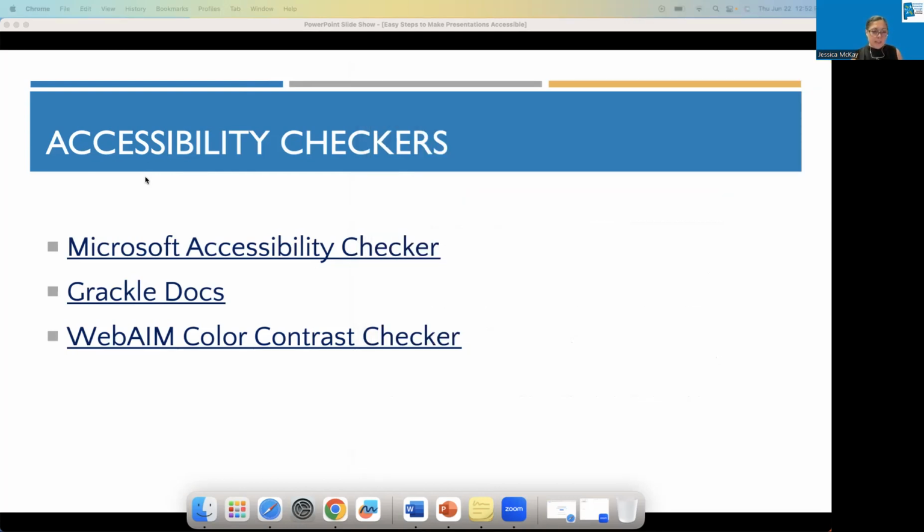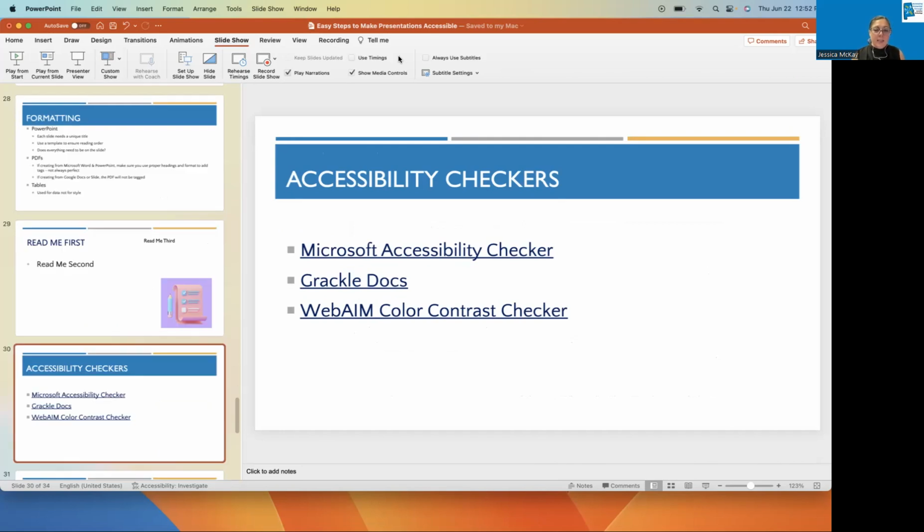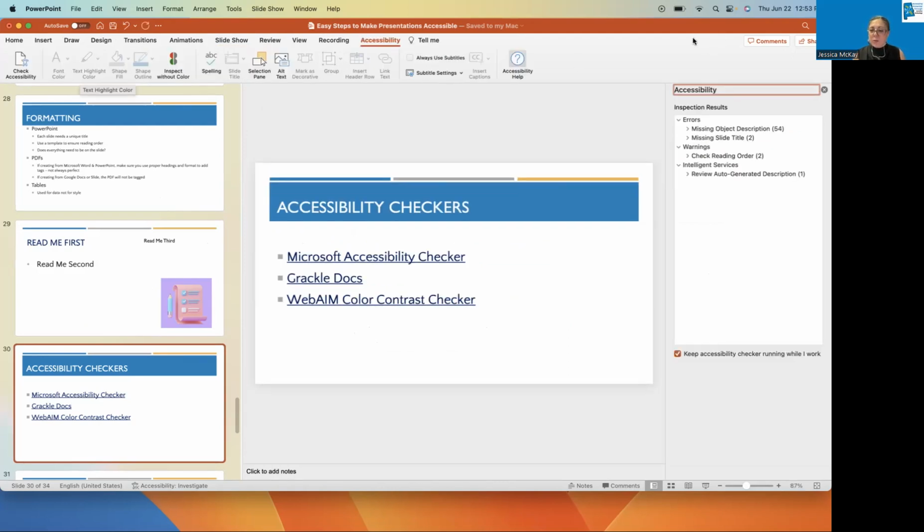The Microsoft Accessibility Checker is, like I said, very easy to use. You're looking for in that top row where it says review. And then over towards the right, you're seeing something that says check accessibility.